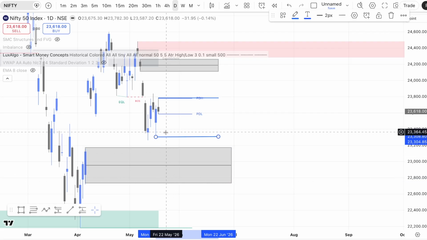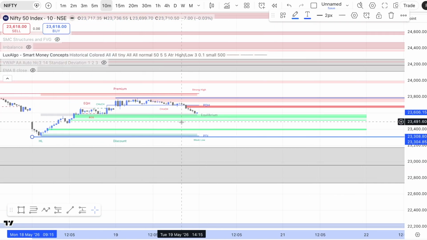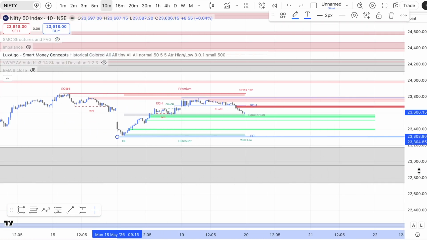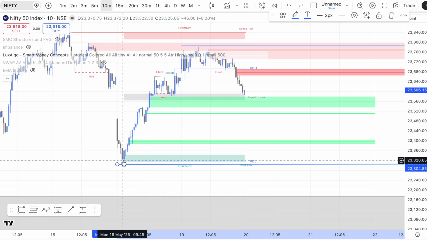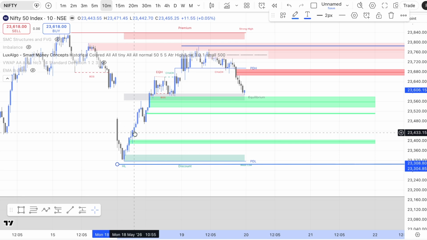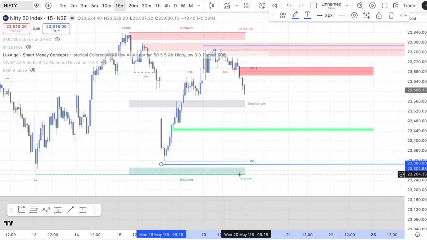Okay, so this becomes very clear. This is going to be our trading range. Anything which is going to happen between these two ranges is going to be our primary focus for tomorrow. Okay, so if I go back here, what do we see here? We see that there is a small buying pressure which started from this,